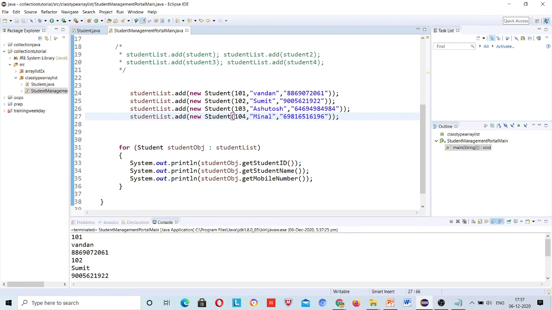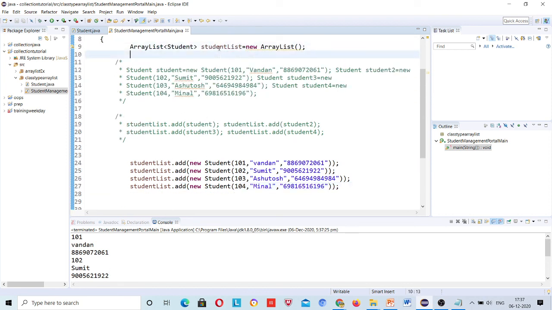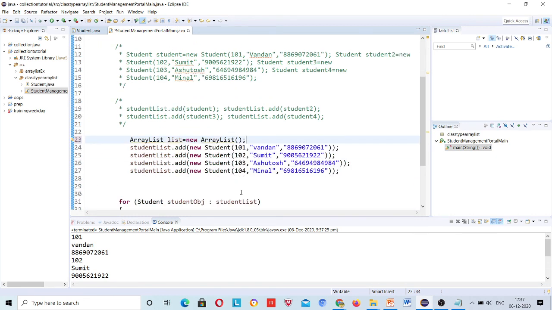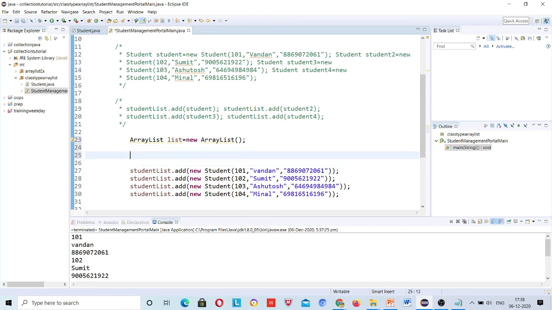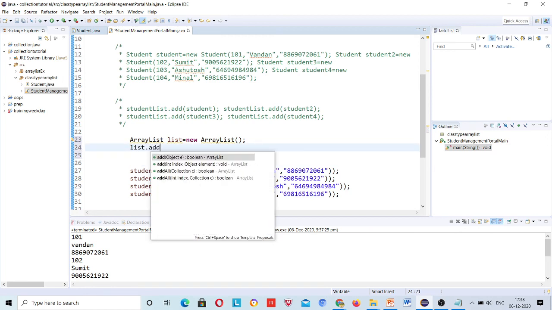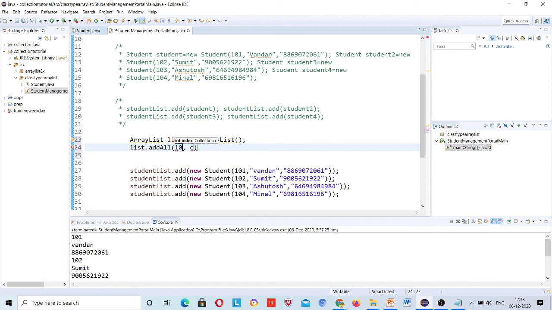Same thing. What does it mean? This is the student list, right? And you want to add, right? Add an object, right? Till here everything is the same, just like we are simply adding in an array list, right? Now this time we don't want to add any simple values like we were declaring previously. ArrayList like this, ArrayList equal to new ArrayList, right? ArrayList, and this variable is okay. So what we are doing is list dot add whatever you want to add, 101,